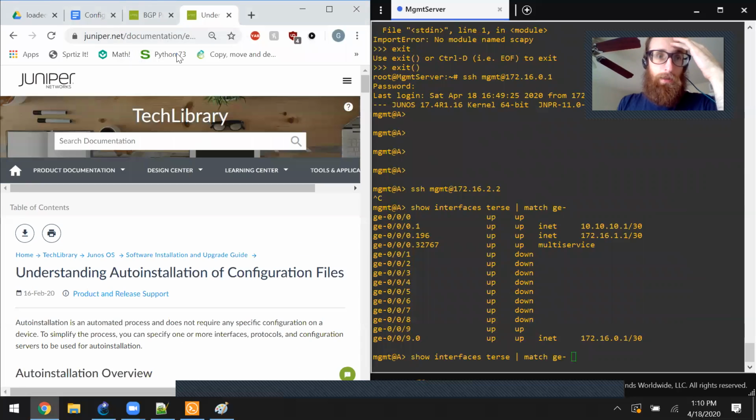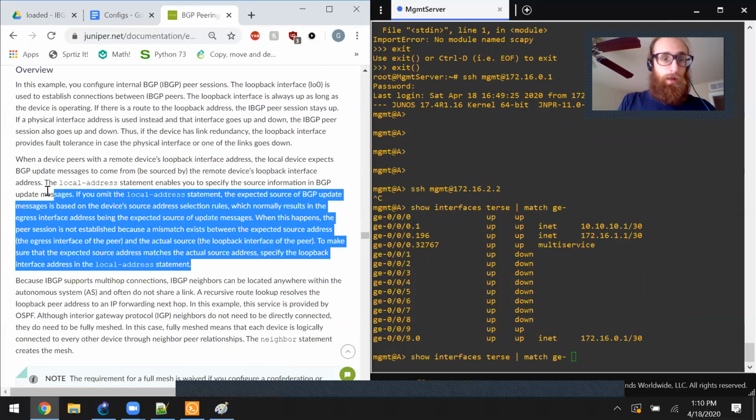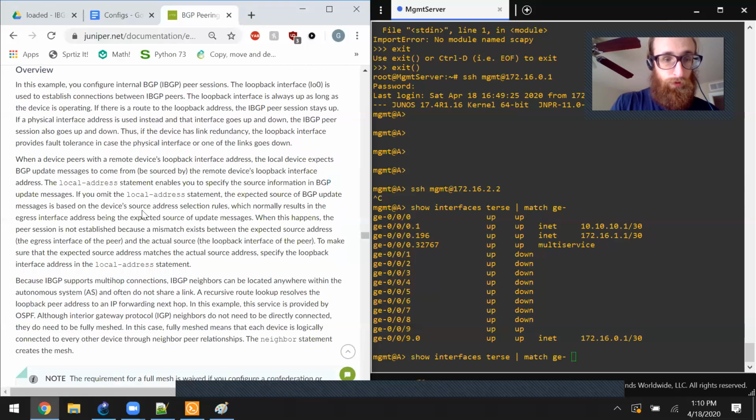That's something I'd like to read out loud again, just because of how valuable that is and how well written it is too. I think Juniper hit it out of the water with this paragraph. When a device peers with a remote device's loopback interface address, the local device expects BGP update messages to be sourced by the remote device's loopback interface address. The local address statement enables you to specify the source information in BGP update messages. If you omit the local address statement, the expected source of BGP update messages is based on the router's source address selection rules,